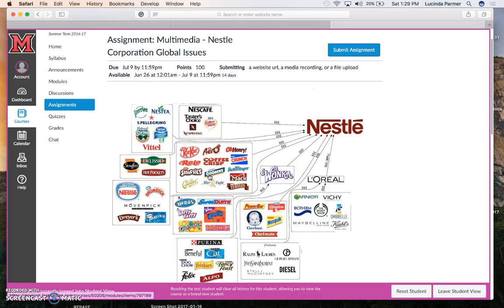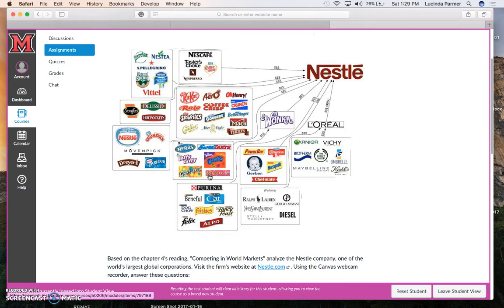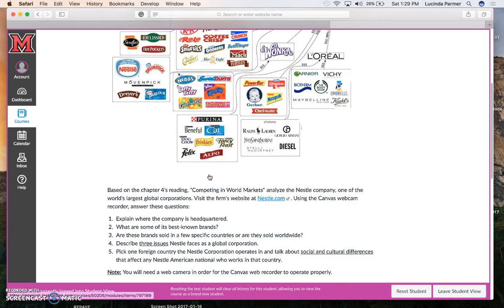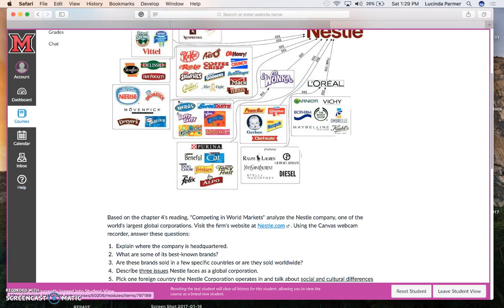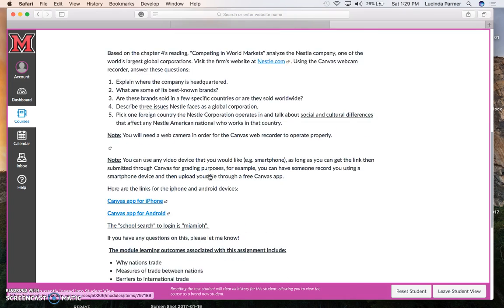This multimedia assignment, if you have a built-in video or camera in your laptop, for example, like I do on my Apple Mac, I have a camera already built in, or if you have a webcam that you've bought, an external component from like Walmart, for example, then you're good to go. In this activity, you're going to research the global corporation of Nestle, and then you're going to do an oral presentation video of yourself giving me your analysis on these questions regarding Nestle.